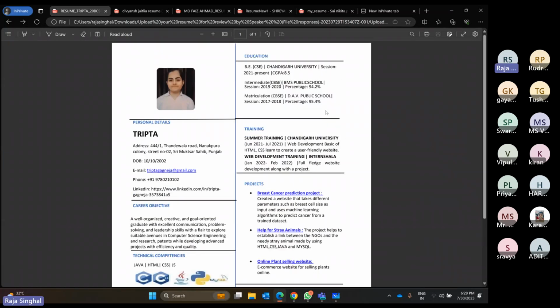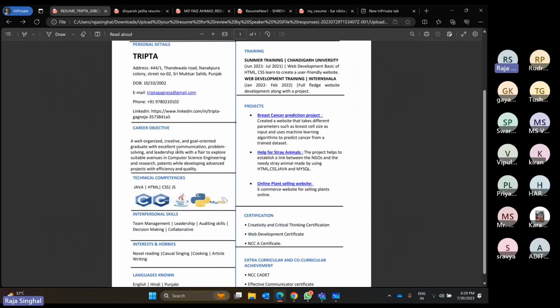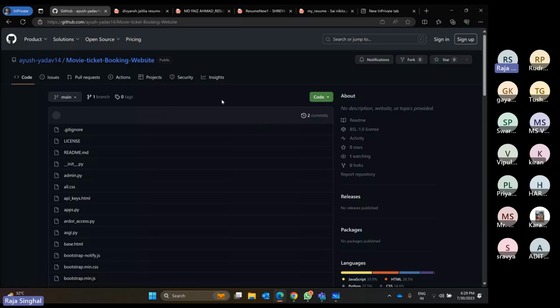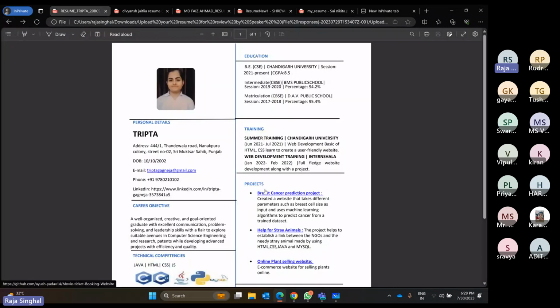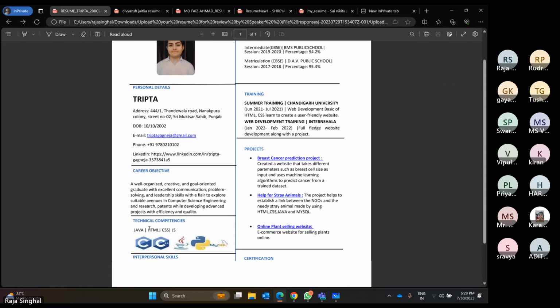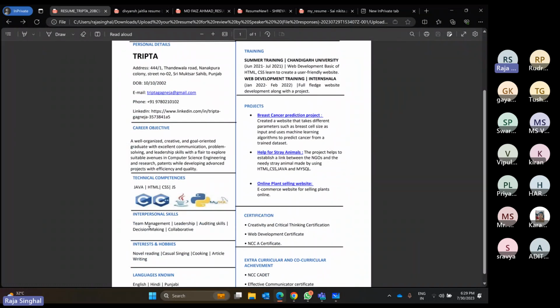So here, as I said to you before, the template is not good. And if you see the career objective, all of it is just a paragraph, and try to avoid paragraphs in your resume. Nobody wants to read paragraphs, and everyone tries to escape from these things. So try to add everything in bullet points, and your bullet points should also be short and clear.